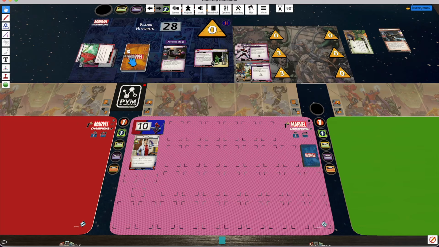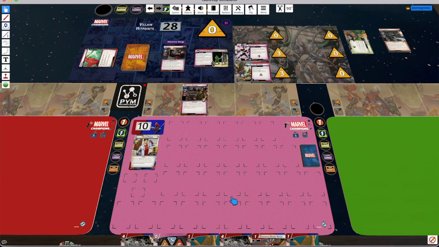Masters of Evil is our mod. And it's going to be Weapons Runner to start. Okay. Player deck all shuffled up. And let's get started. So we can always clear Weapons Runner turn 1, but we probably...